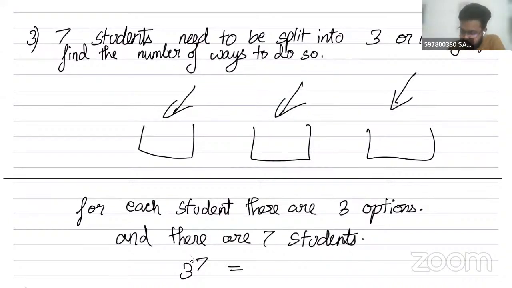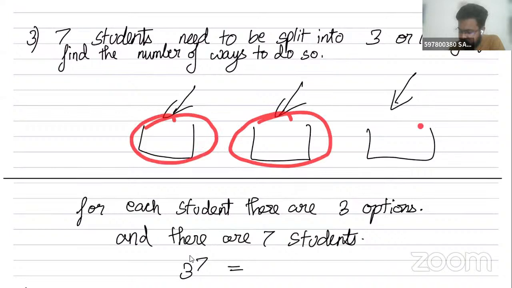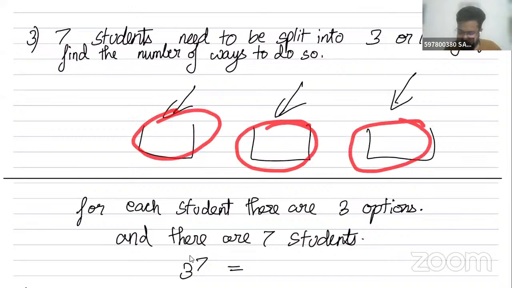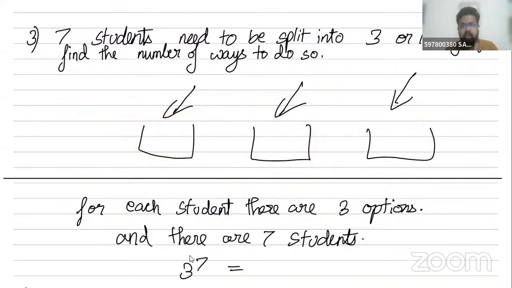Okay. So there are three groups. Think of this as the houses in your school. So there will be some red house, blue house, yellow house, green house, or some other colors also. So now just think there are only three houses into which seven students have to be placed. So I'll ask the first student, which house do you want to go into? He will say, okay, I want to go into the red house. Then the second student will say, I want to go blue,